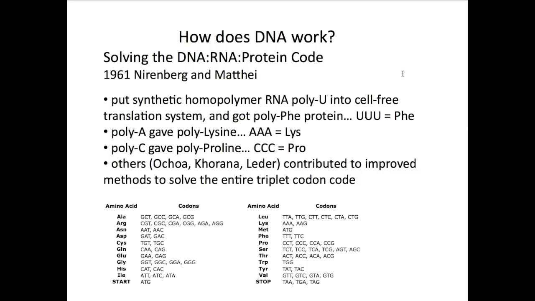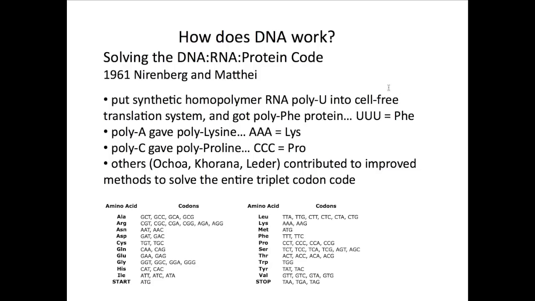The final details about what is the code for translating proteins from the information that's passed by DNA through RNA? And Nirenberg and Matthaei came up with a really nice way to explore this question. What they did is they created synthetic homopolymer RNA, in other words, RNA that had only one base, poly-U for example. And they had a cell-free translation system, basically bacterial extracts